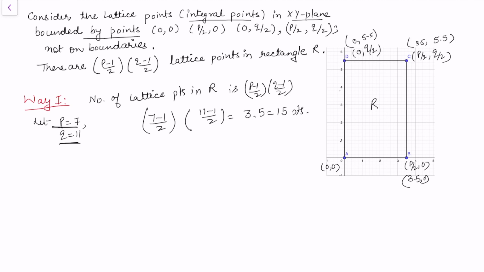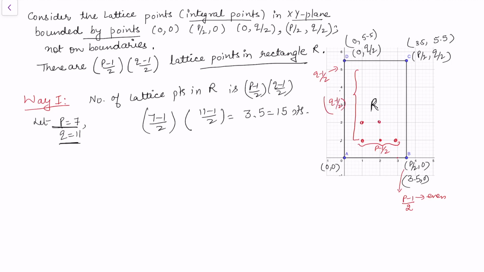So I'm going to count now the number of lattice points in the rectangle R. So this is the rectangle R. How many points do we have here in this rectangle? We can see this. As p is an odd prime, the nearest integral value is p minus 1 by 2, because in that case p minus 1 will become even. So 3 is the nearest integral value, and similarly here q minus 1 by 2 will become the integral point. So 3 points here, that is p minus 1 by 2 points on this side, and q minus 1 by 2 points on this side.